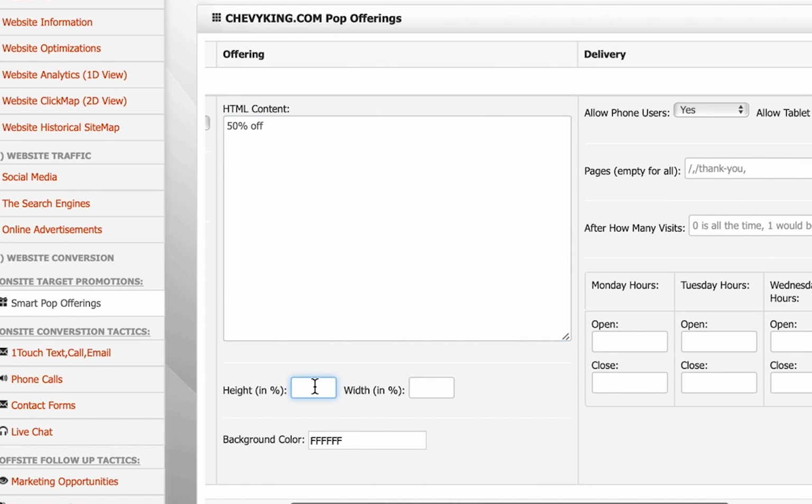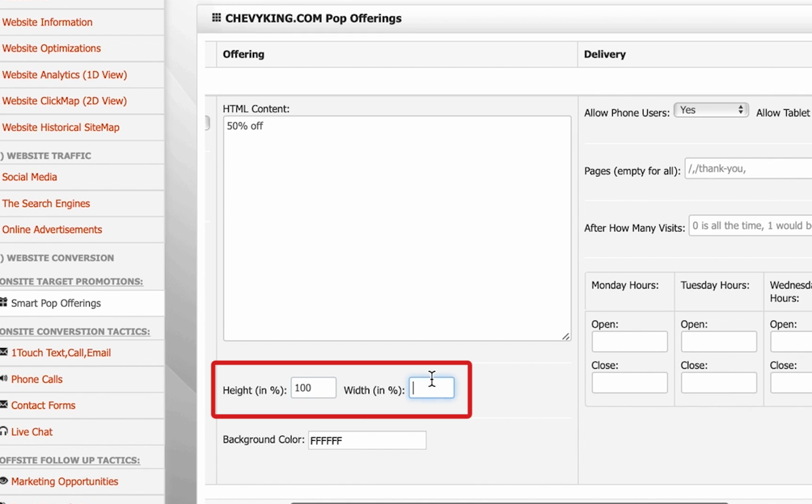What you can do is, you're going to set the delivery parameters of how big you want this offer to be. So if you want it to be full screen, if you set it to be 100% by 100%, this pop-up is going to be full screen on the website. If you truly want it to be in a pop-up format where it's not the whole screen, you might want to do a 75 by 75, which means 75% of the height. So this is going to give you a nice 1-inch margin wrapped around that pop-up,